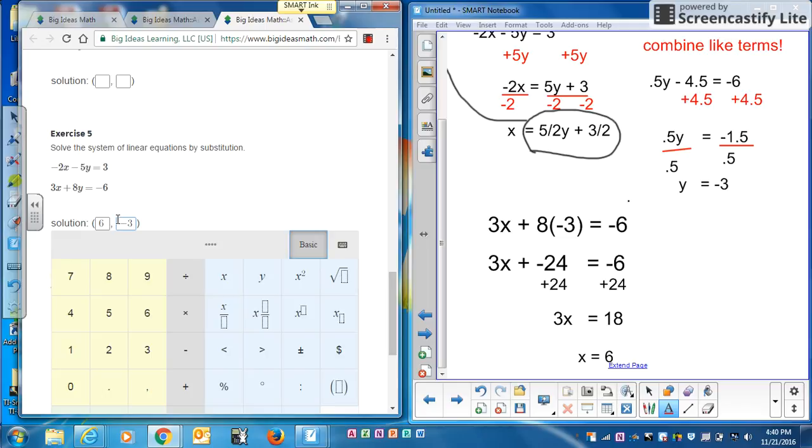Now again, if you just skip to the end of this video and put in this solution, you will get it correct when I go to check it on the computer, but you should write it all down and hopefully take some notes and see how it is possible. And I think if you worked hard enough, you could get a similar problem like this on your own. You're solving one of the equations for one of the variables and plugging it into the other equation, and then using your answer to solve for the other